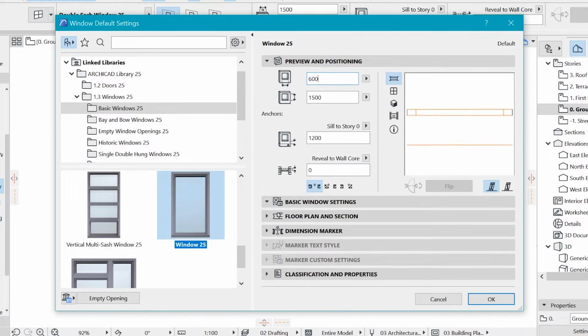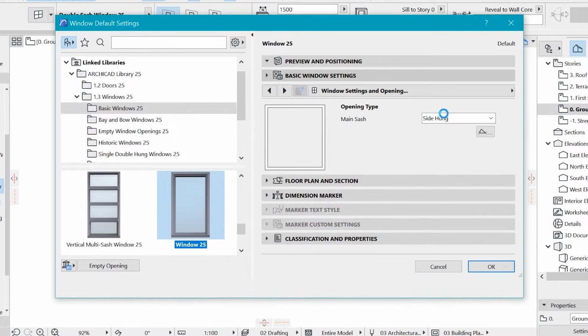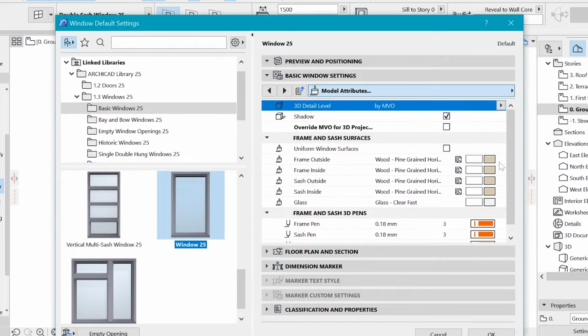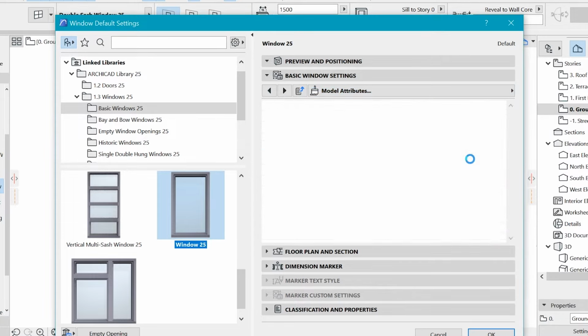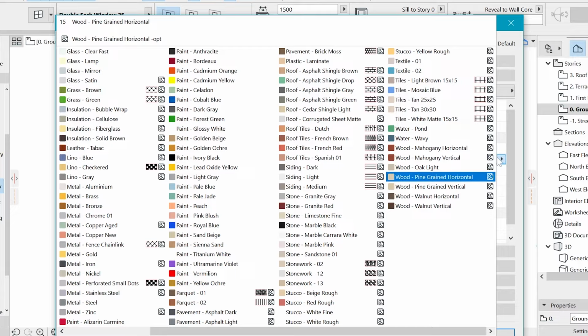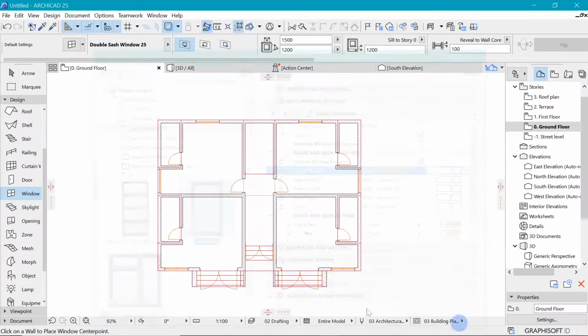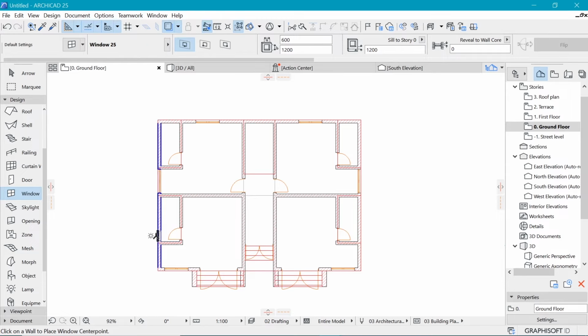So let's make it tiny, 600, and we make it 1.2 as well high, and that means that this 1.2 is fine for us. And then we change how it looks like in 3D by enabling uniform material and putting in metal aluminium. Okay, and then we can place this window here,